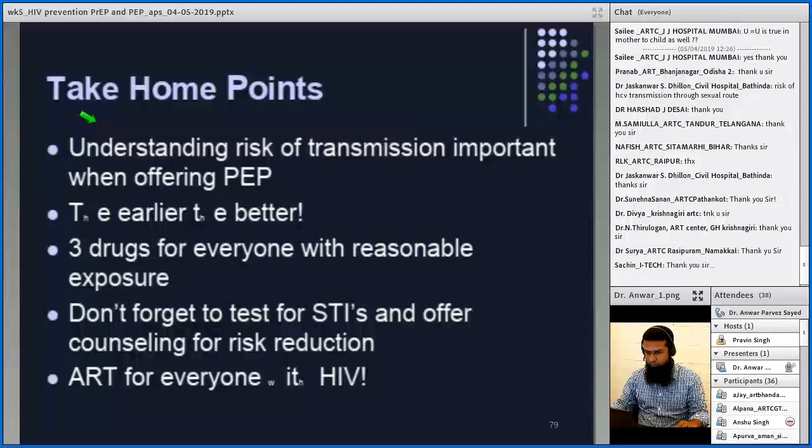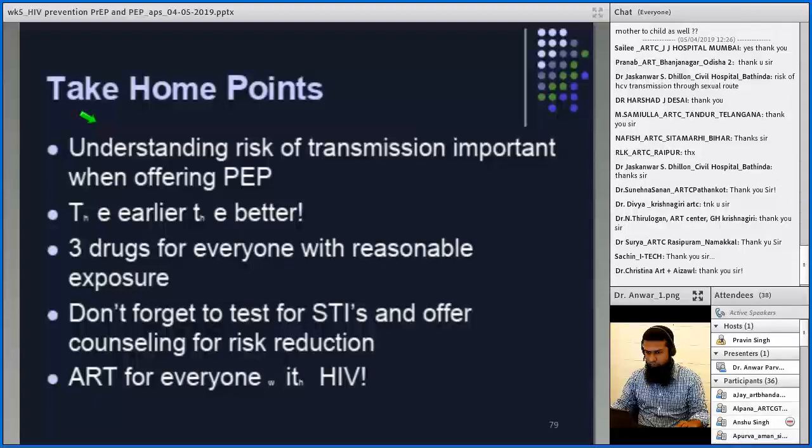One last question I can take: risk of HCV transmission through